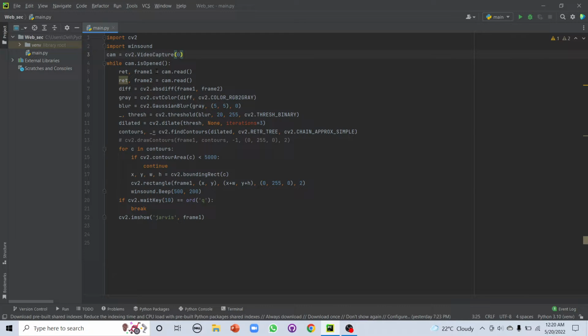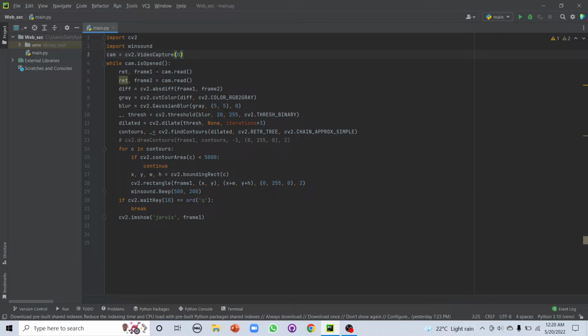And now, how exactly is a web camera actually going to work? How is it going to understand which object is moving, and how are you going to make beeping sounds? Is it really going to understand that there's a human moving and make a sound accordingly? So I'll explain it here right now. What we do over here is that we take two frames. We name them frame 1 and frame 2. So frame 1 and frame 2 are